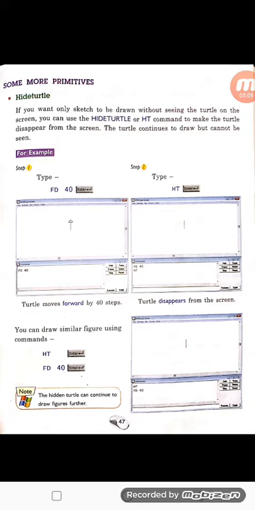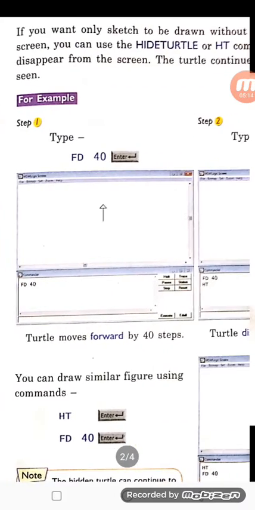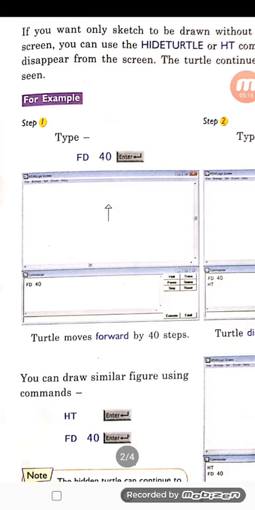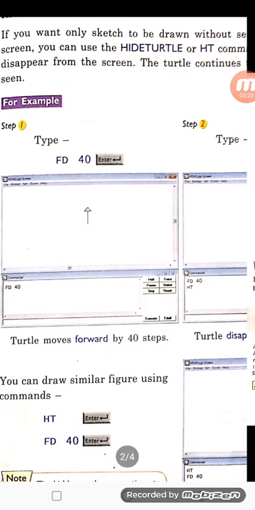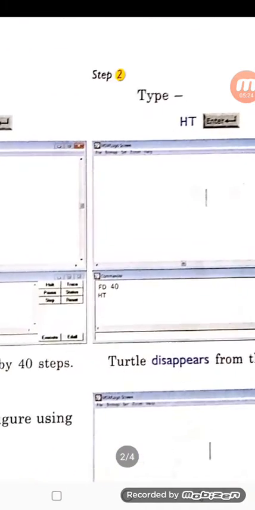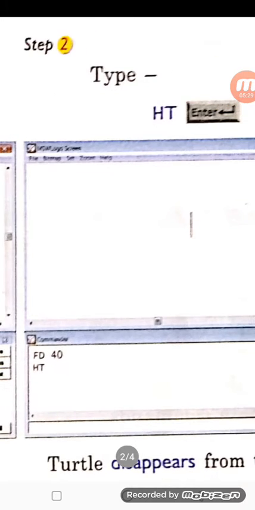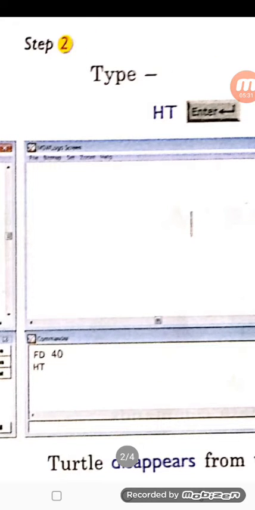The short form of hide turtle is HT. As you can see in this image, the command is FD 40. But they want to hide the turtle to see the straight line. So after FD 40 they have given the command HT.